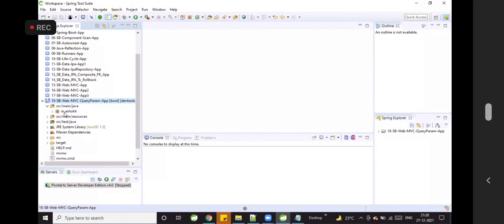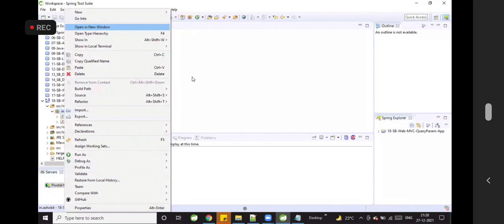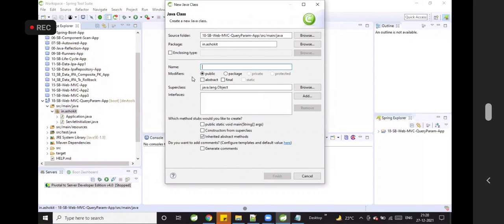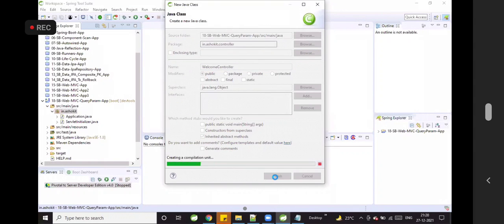New class, WelcomeRestController. We are going to keep that inside the REST package. Sorry, WelcomeController, not REST. I'm going to keep that inside the controller package. Click on Finish.